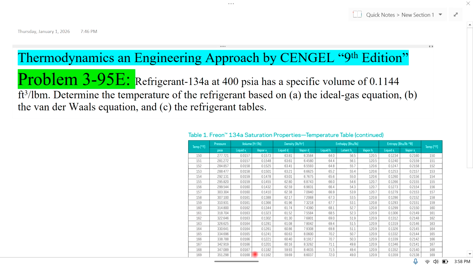Bismillahirrahmanirrahim. In this lecture, I am solving problem 3-95E from the book Thermodynamics: An Engineering Approach by Cengel, 9th edition. The statement of the problem is: refrigerant 134A at 400 psia has a specific volume of 0.1144 cubic feet per pound. So in given data,